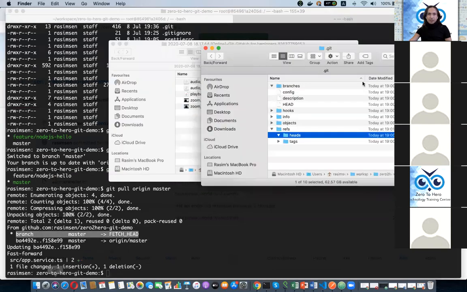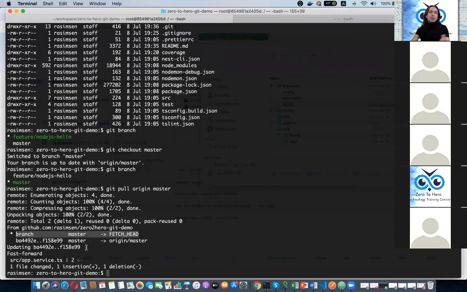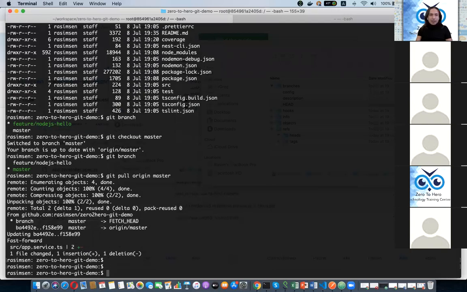If you remember, it is updating the head. The head file always shows your active branch. Okay, it says your head file also updated with the origin master, and the changes with your local repository in this file. Okay, I updated my local master branch with the remote branch, and then I can start to create